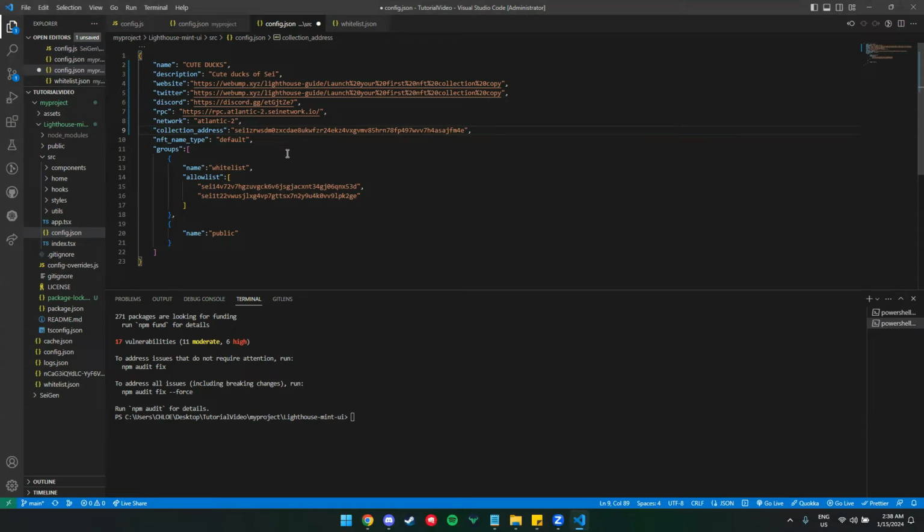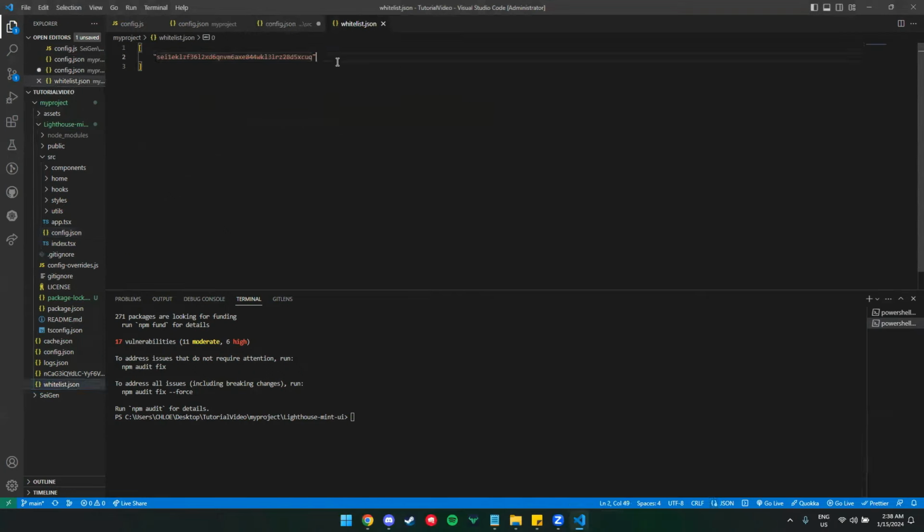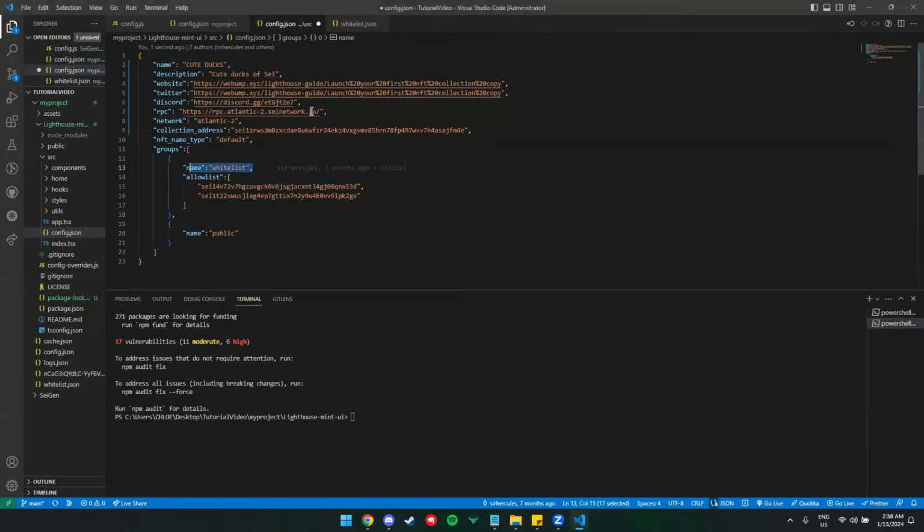And for the whitelist allow list, make sure to put all of the addresses that you inputted in the whitelist JSON file. Make sure to put them all there so that they can mint using the Launchpad.